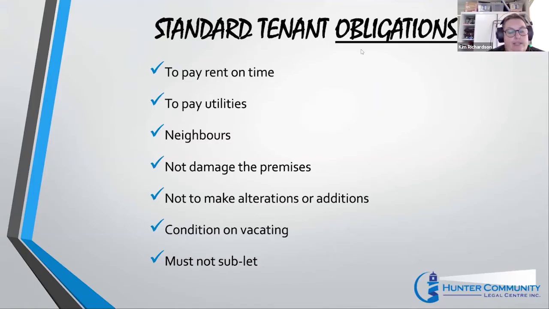Another standard tenant obligation is to pay your rent on time, to pay water usage and utility charges such as electricity and gas on time, if the premises are separately metered and have prescribed water efficiency measures installed. You also have an obligation as a tenant to care for the premises, to pay for any damage caused by you or your guests, to report the need for any repairs or maintenance, not to make alterations or additions without the landlord's permission, and the landlord must not unreasonably withhold consent for changes that are of a minor nature,